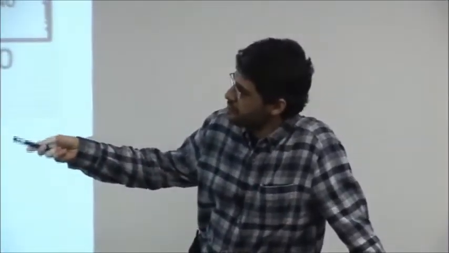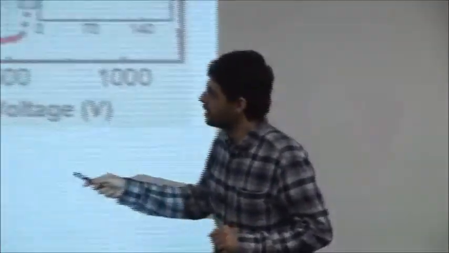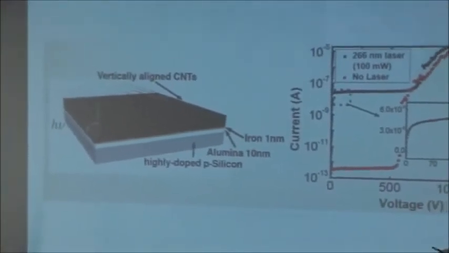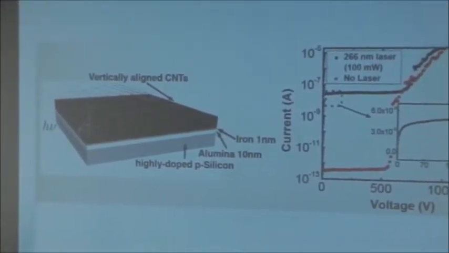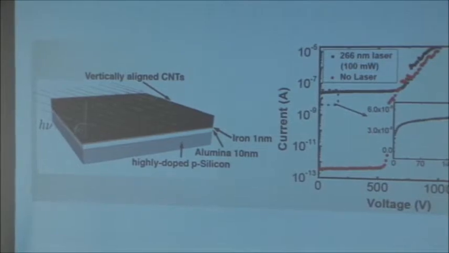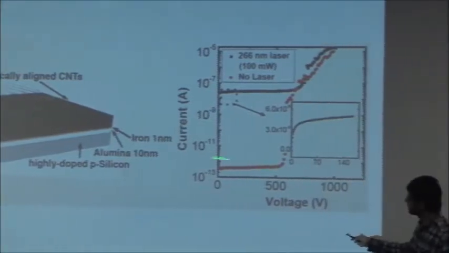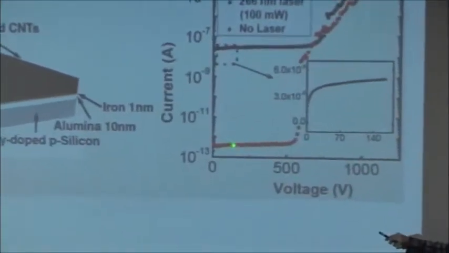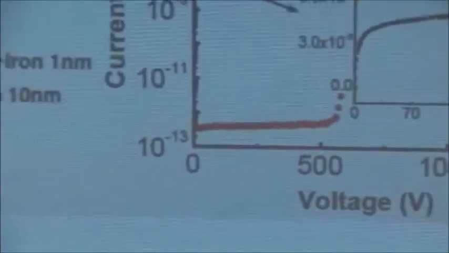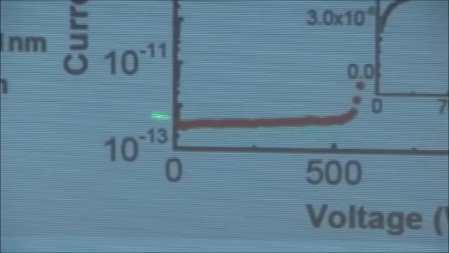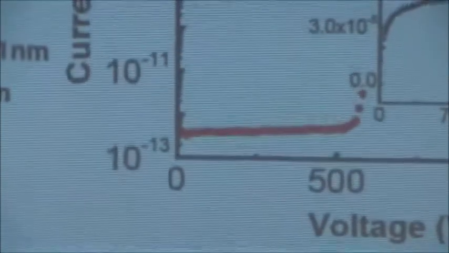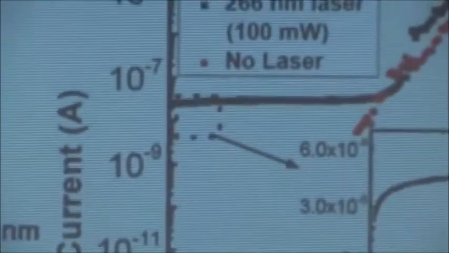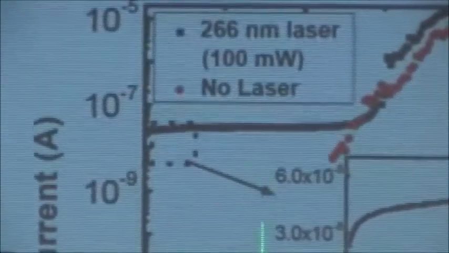But this simple experiment is really your basic photoelectric effect, where we have put these photons of 4.66 eV in energy onto these nanotubes. And what I'm showing here, neglect this part, focus on this part, really the number of electrons that were coming out of the nanotube. So this is sort of the dark current, and this is when you have the photon beam on. So you get a lot of electrons coming out.